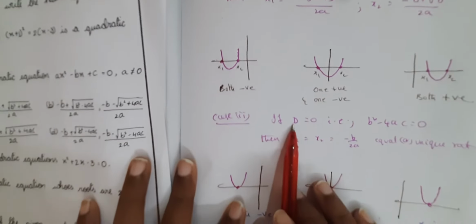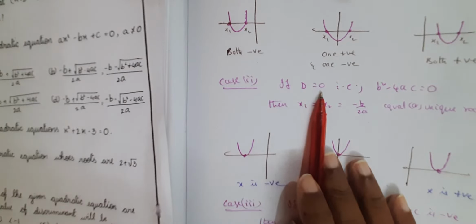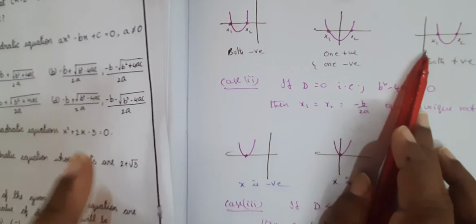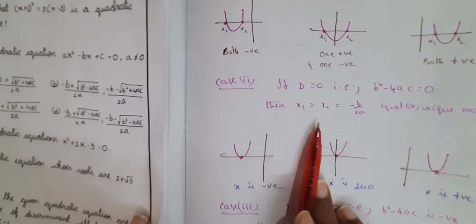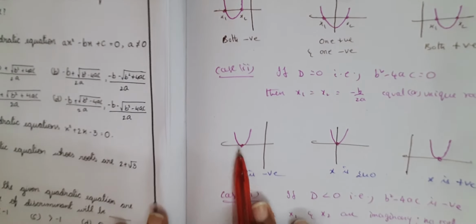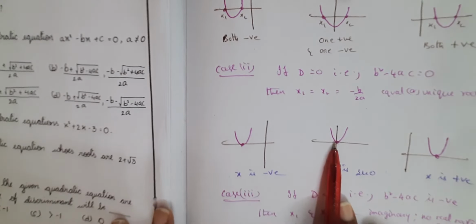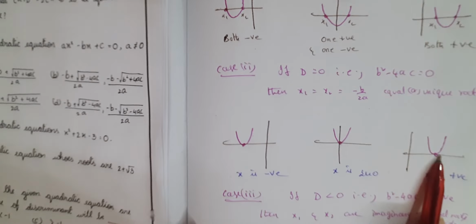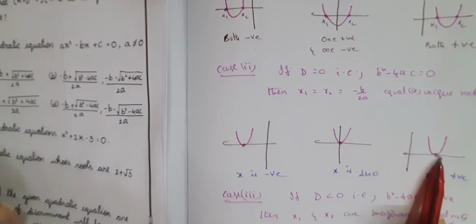Right, now if the discriminant is 0, that means you will have a curve which only touches the x-axis. It is not going to intersect the x-axis at 2 points like this, because in the above case you have two roots, whereas now when the discriminant is 0, you have only one root. That means the curve touches the x-axis only at one point. Maybe the root can be negative, maybe 0, maybe positive. So the curve touches the x-axis only at one point when the discriminant is 0, because you are going to get only a unique root.